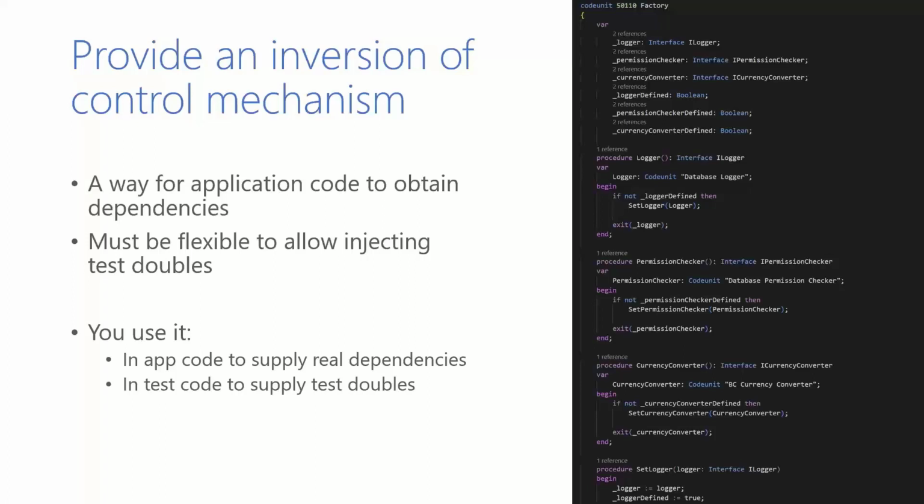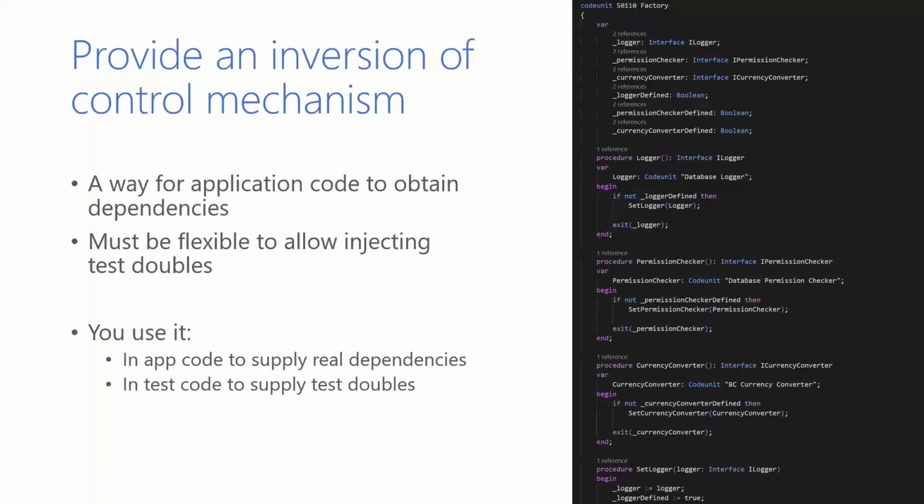If you remember the original code, where I directly depended on the database for checking permissions, on the database for writing logs, on Business Central to perform conversion, with inversion of control, my process code, my application code does not make those decisions. Those decisions are made for it, so control is inverted. My code no longer controls these dependencies. So we need to provide a mechanism by which we will push dependencies into